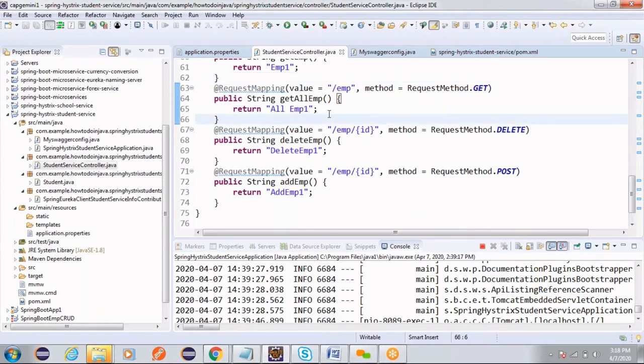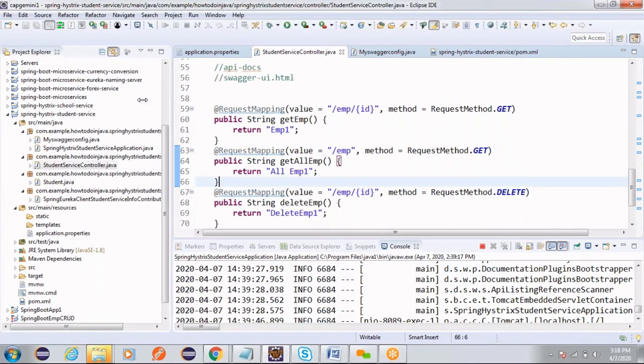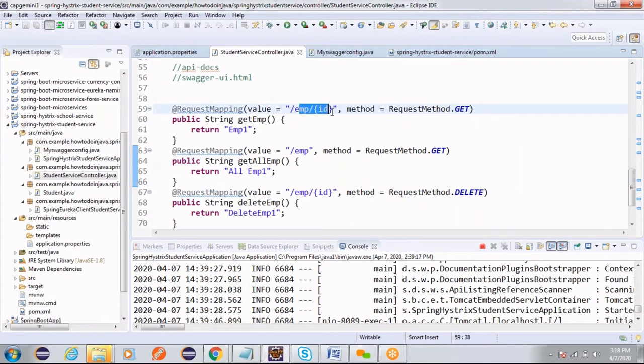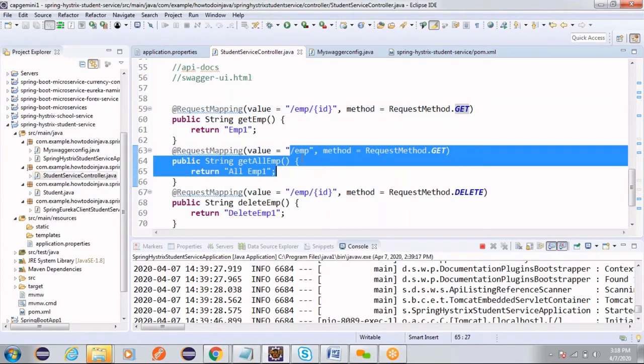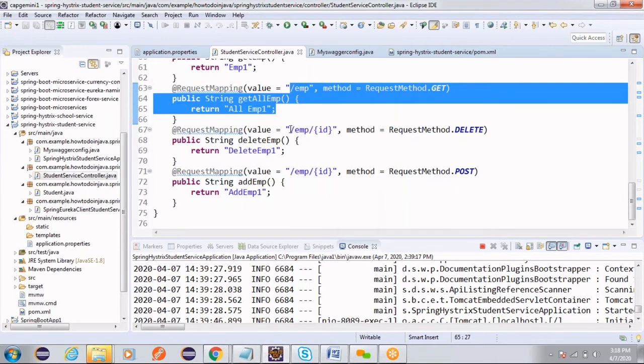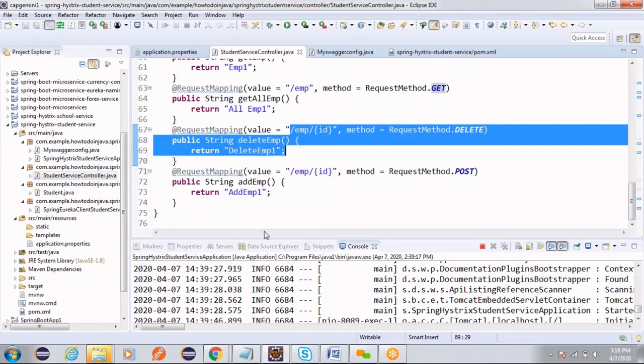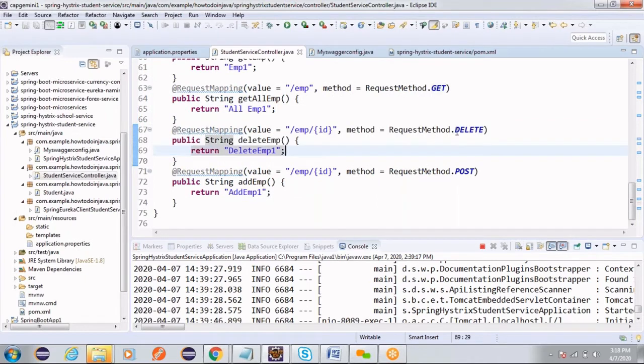I have one method to load an employee by ID. This is a get request. I have another method to load all employees with a get method. I have one employee ID mapping for the delete operation.